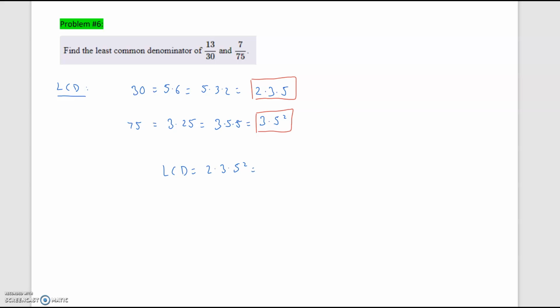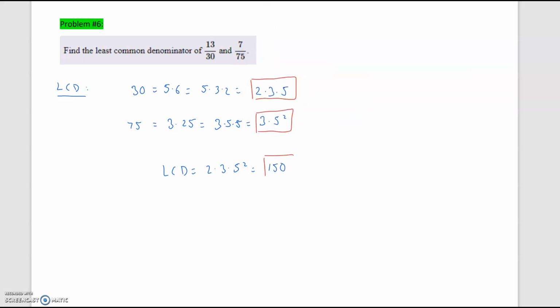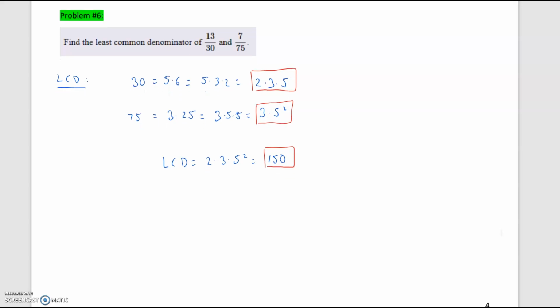So please multiply those. But we're looking at 2 times 3 times 25, which is 150. This one, the numbers just got a little bit large, but that's actually it. And then I just want to point out that as you're collecting the LCD, it's the maximum of the 5's, 5 to the second. Let's move on to problem